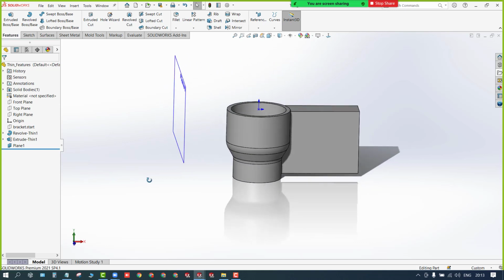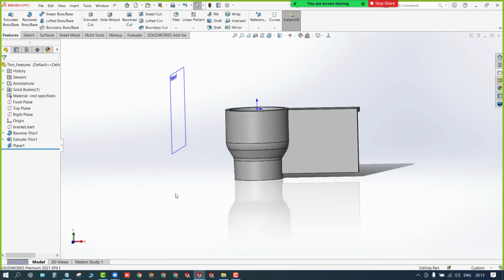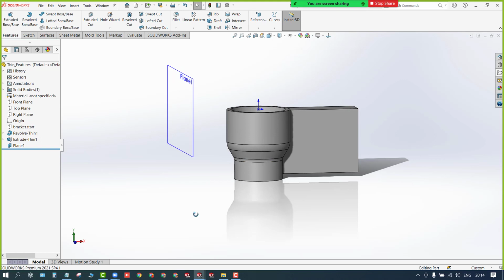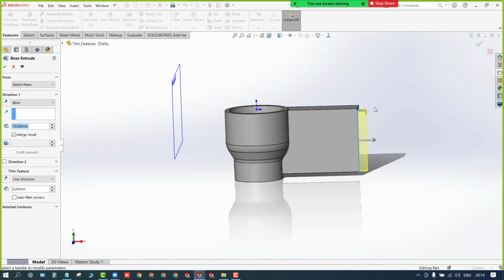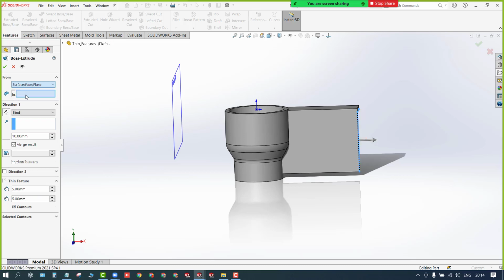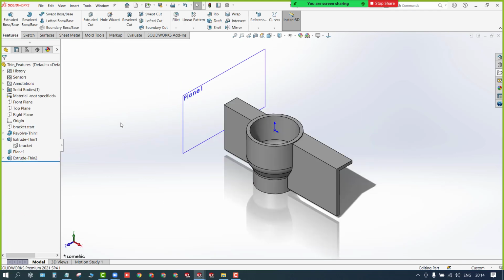Mirror. Mirror will not give the proper result because the same size will be there, but from here to here it is different. Getting? Yes. So the shortcut is you can simply select the sketch and extrude. It is extruding from this face, right? Yes. Select this plane. That sketch will be the reference, and select up to next. Clear? Yes. Any doubts?